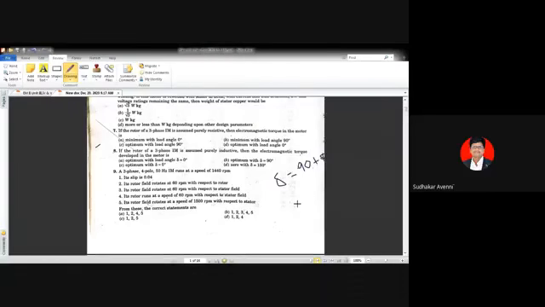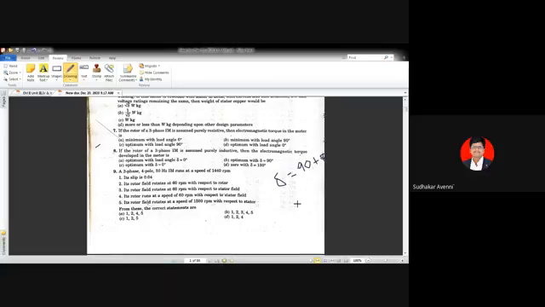See here, first of all, for this problem we need to understand the relative speed between the stator with respect to stator flux, and rotor with respect to rotor flux. Here we are going to categorize 4 terms: stator, rotor, stator flux, rotor flux. Stator is always 0 speed. There is no rotation of stator. Stator is a stationary member. So stator speed is 0. Stator flux speed is synchronous speed, that is Ns. Ns is equal to 120 f by P.